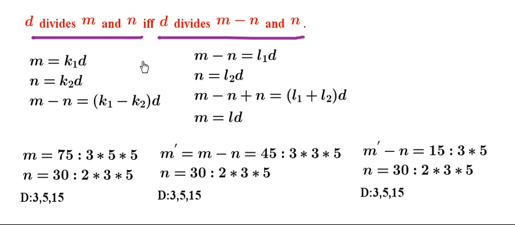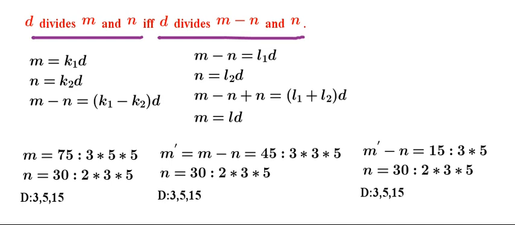Now if we apply this particular lemma, then we will get two different numbers from these two numbers, and those two numbers will be 45 and 30. So 45 is basically 75 minus 30, and 30 will remain as it is. And now if you consider common divisors for this particular pair, they will remain as they are. If you observe, the same set is also applicable for these two numbers. And now we can iterate one more time and we'll get these two numbers, and again the common divisors will remain as they are.